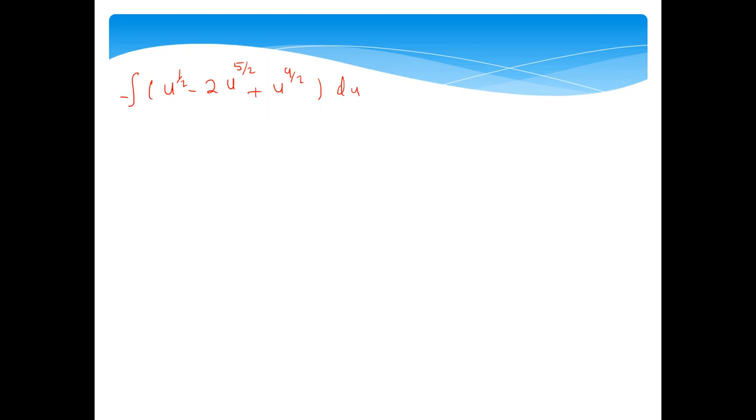And then when we do the integration, we should get negative, negative u to the power of 3/2 divided by 3/2 plus 2 times 2/7 u to the power of 7/2